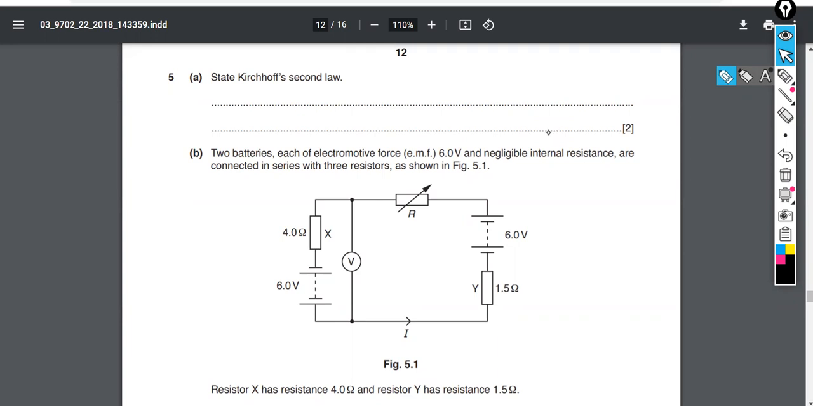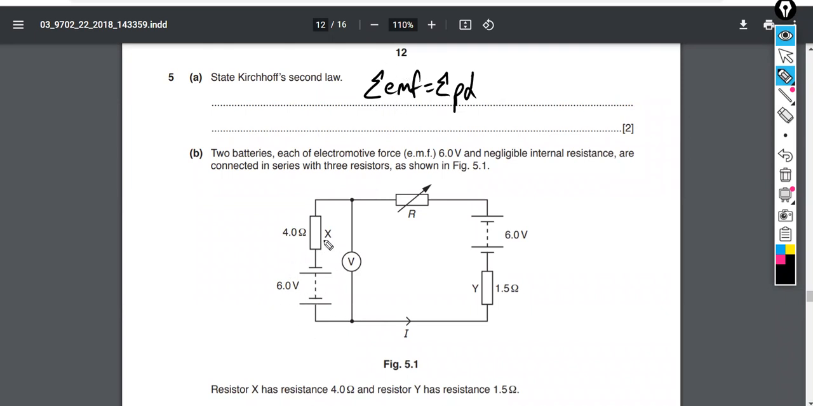State Kirchhoff's second law. You should have said something like the sum of the EMFs equals the sum of the potential differences. There is a certain quantity that is conserved that we could link this law to, and that quantity is mass energy. Because mass energy is neither created nor destroyed, the energy per charge, which is voltage, that we put into the circuit,